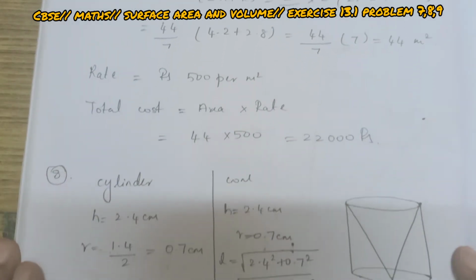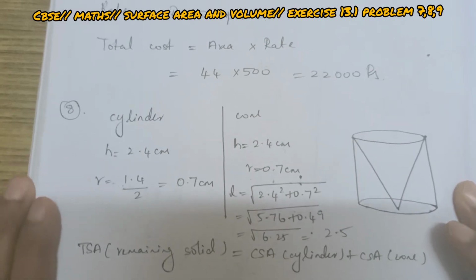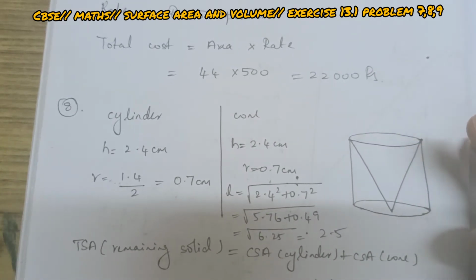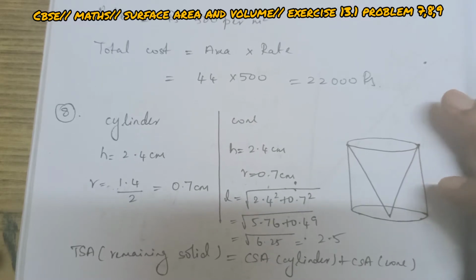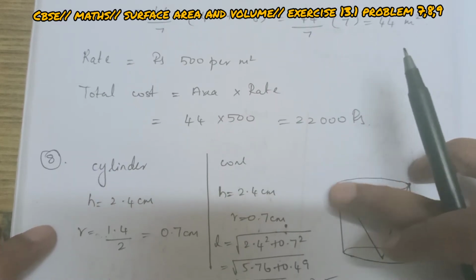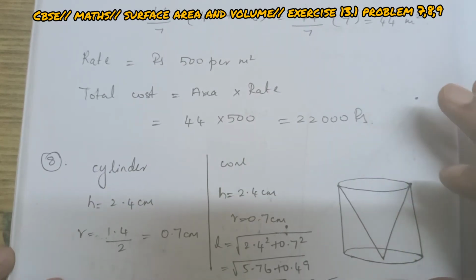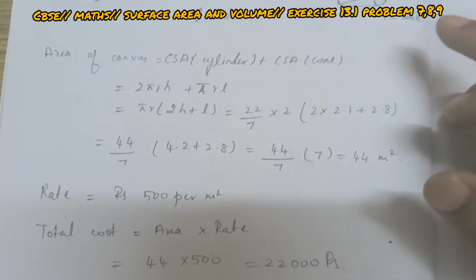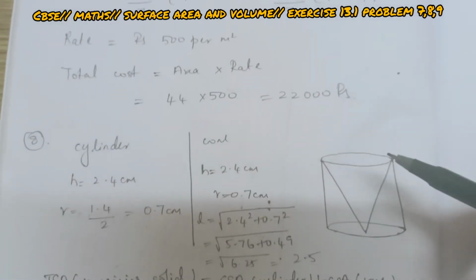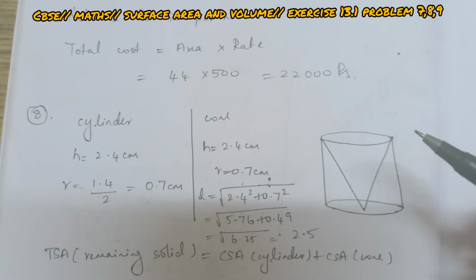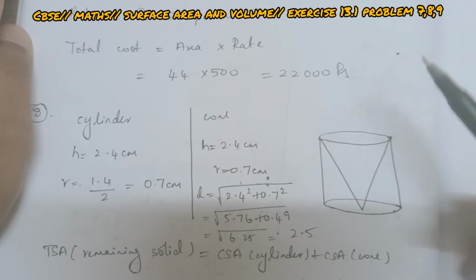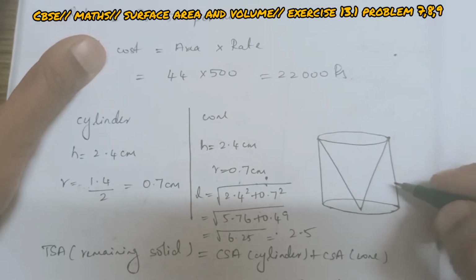Now the next shape, it is closely related to this one. Do you remember we compared two problems earlier with the same shape? We had a depression in one and a hemispherical top on one, and in another one you had a hemispherical depression. Here we are doing the similar problem only. You have a cylinder and a cone in this problem. Here also you have a cylinder and a cone, but the difference is, the previous problem the cylinder is hollow, but this cylinder is a solid cylinder.